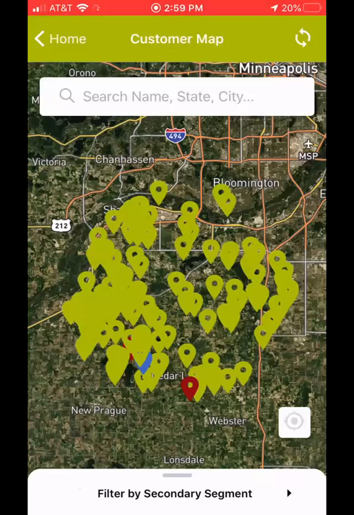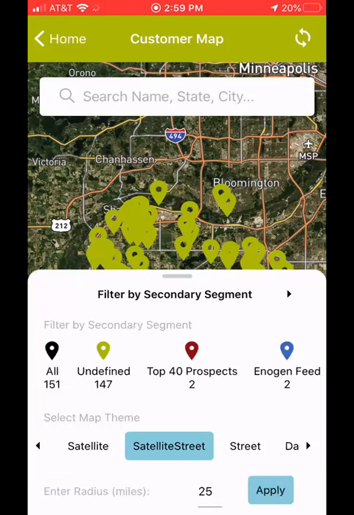I'm going to show you how to do some basic filtering on the ACURA app. The first thing you'll notice at the bottom is I'm filtered on secondary segment as a default. If I touch the gray line, it's going to raise the legend, which is going to show me what each